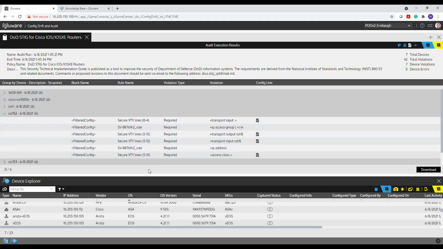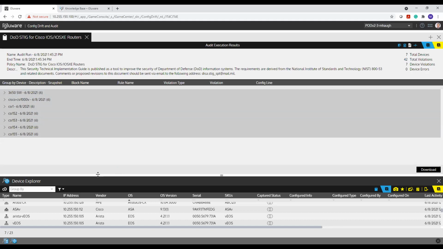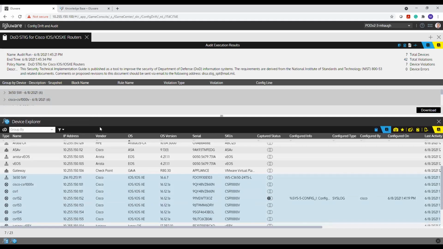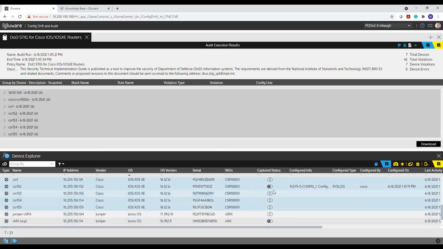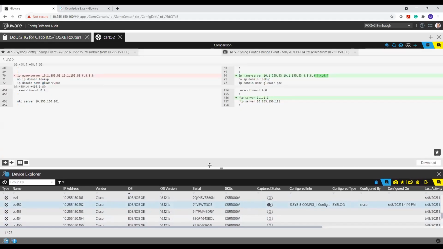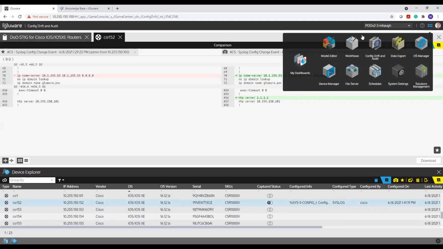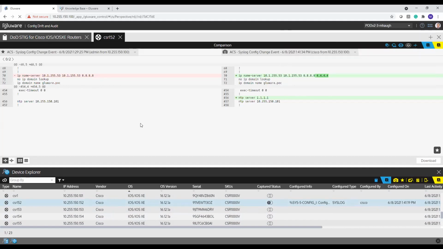So this is a very quick look at config audit, in that when you have an audit and let's just say there was something in here that you were automating, that you could remediate, right? Just like, either you have an audit that takes you out of policy, or as I showed, drift took me out of policy. So how do we remediate? Well, back in the model editor,